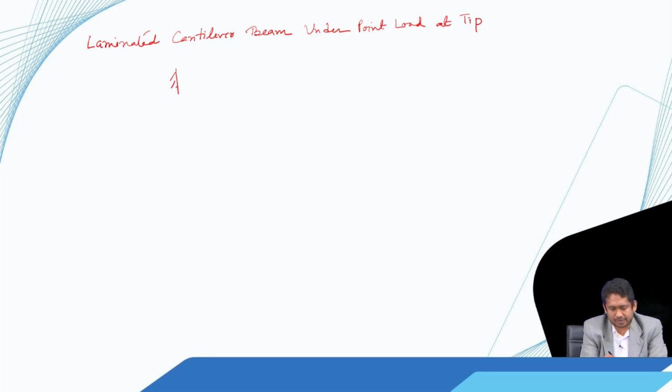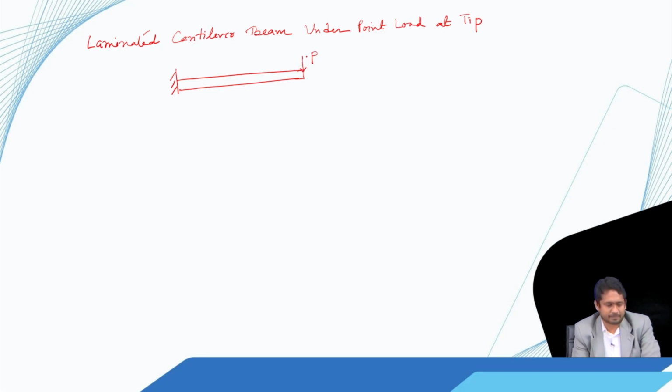So, we have a beam like this made of composite, and it is loaded at the tip by a force P. So, here again we know that bending moment is equal to minus P into L minus x,